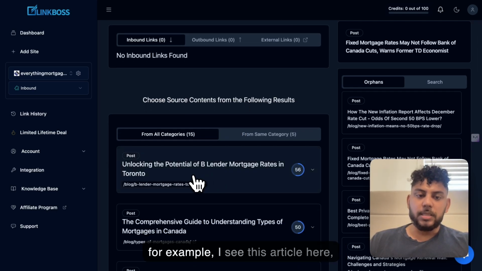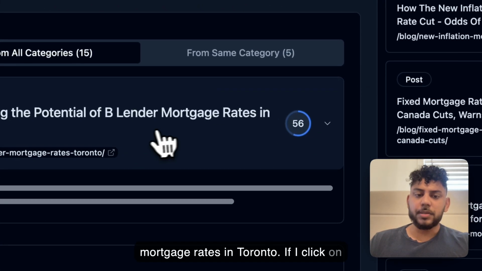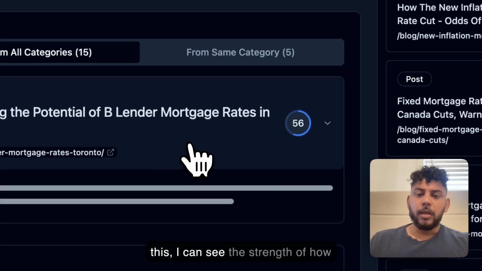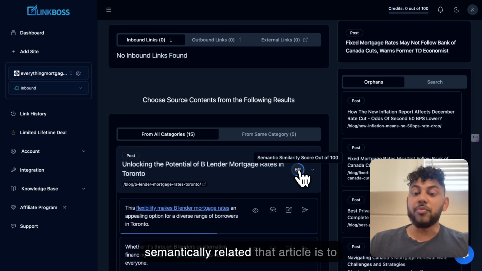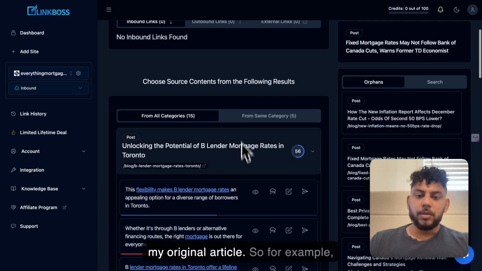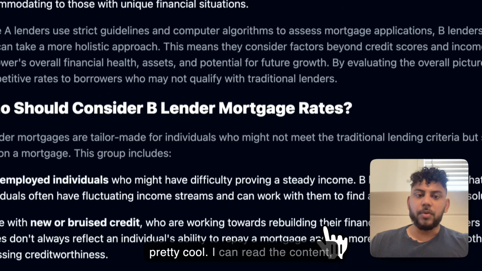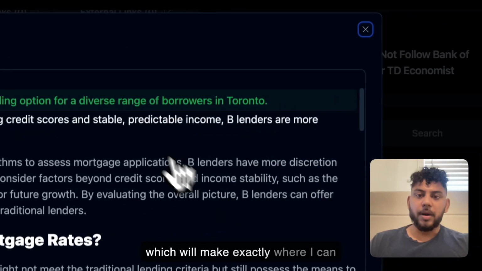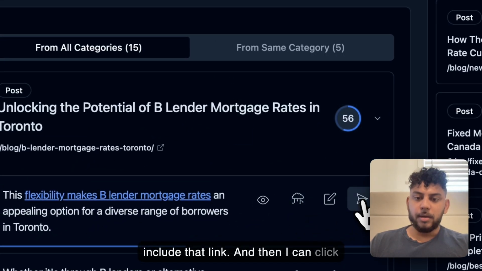For example, I see this article here, unlocking the potential of B lender mortgage rates in Toronto. If I click on this, I can see the strength of how semantically related that article is to my original article. It will actually show me exactly where it can include that link. So it's pretty cool. I can view the content, it will show me exactly where I can include that link, and then I can click submit